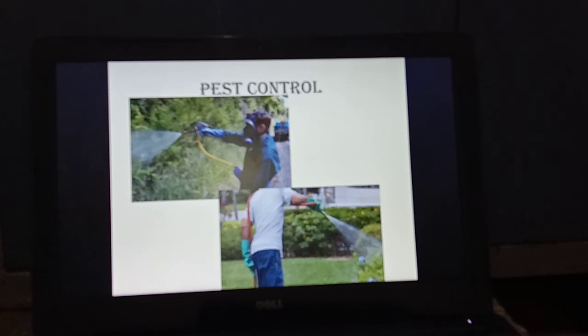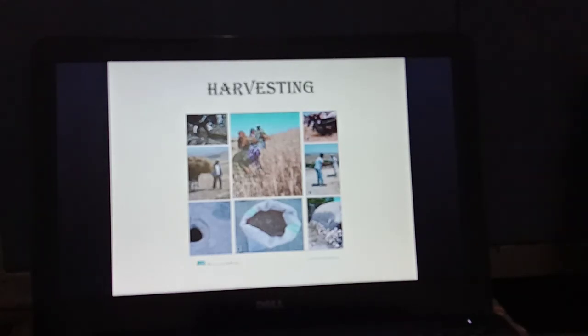Now the next step for crop production, that is harvesting. Harvesting is the process of collecting or gathering matured crops. In India, harvesting of crops, especially cereal crops, takes place twice a year. The two main crop-growing seasons in our country are called Kharif and Rabi. There is another seasonal crop called zaid, which includes some vegetables and low-grade cereals.